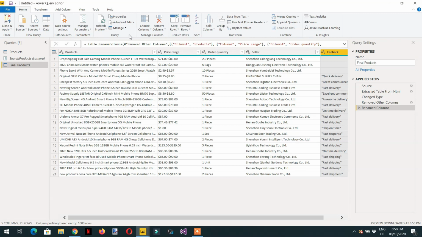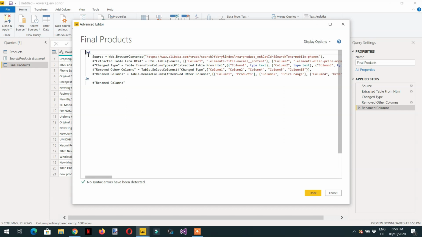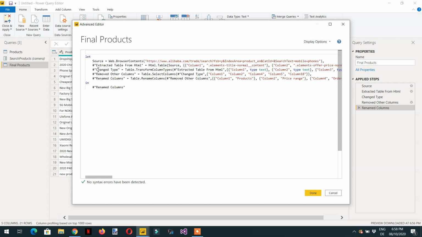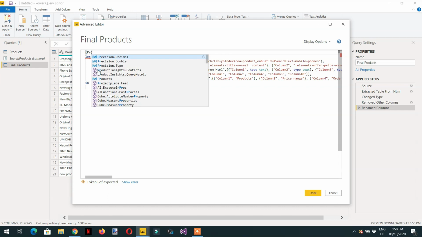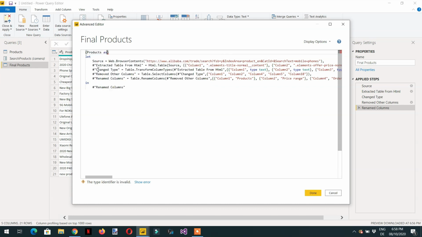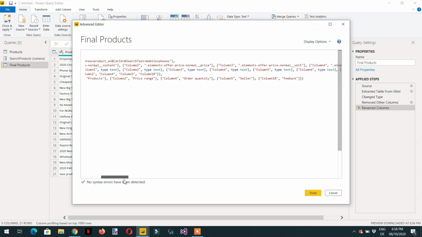and then we have to click at the advanced editor, and we need to write one function here. The function name is like products as text. This is the function, so we need to use this function parameter here. Percent and paste. This is the name of the parameter, right? So we just need to click done,